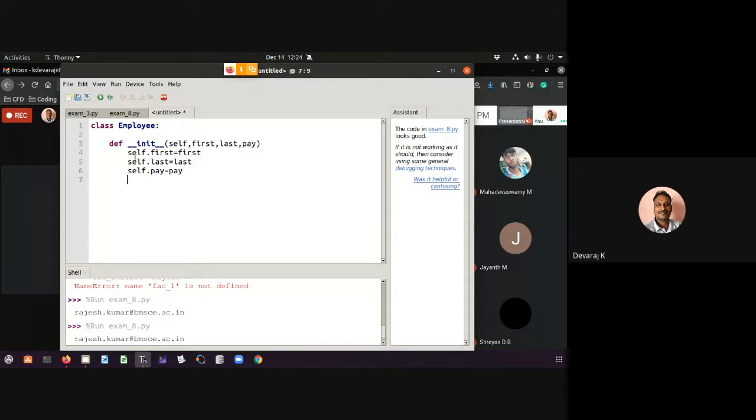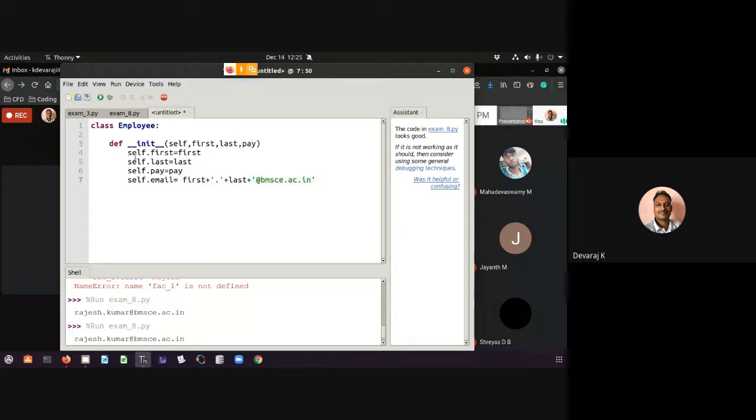Then email I can create using first name and last name. How to do that? Self dot email is equal to first plus a dot plus last name plus at bmsce.ac.in.